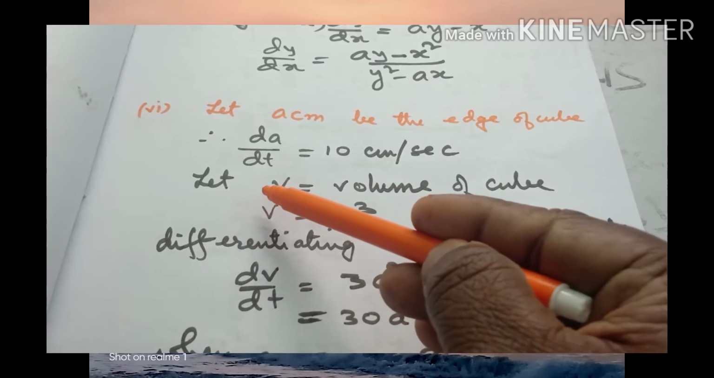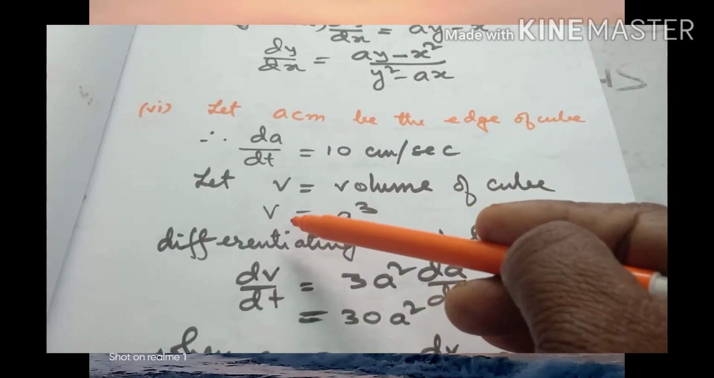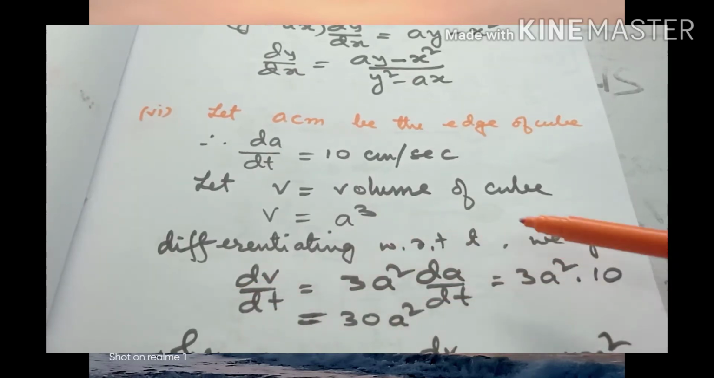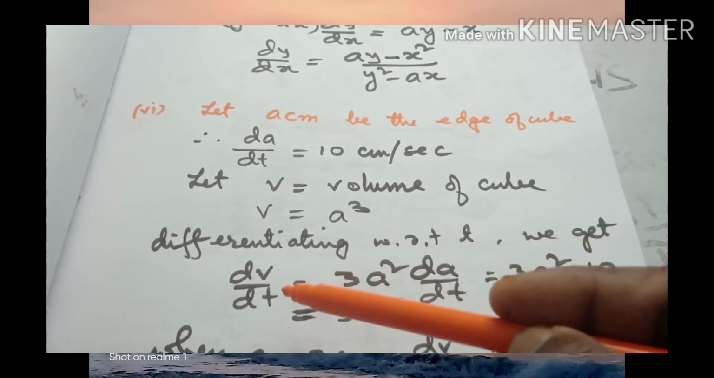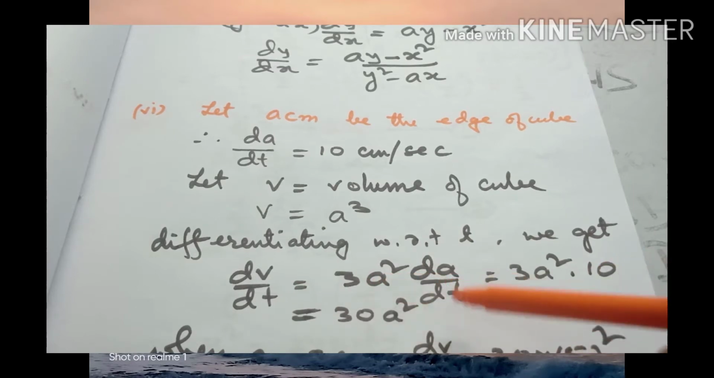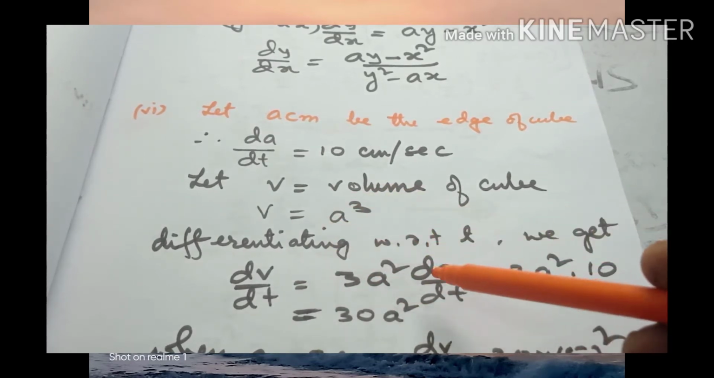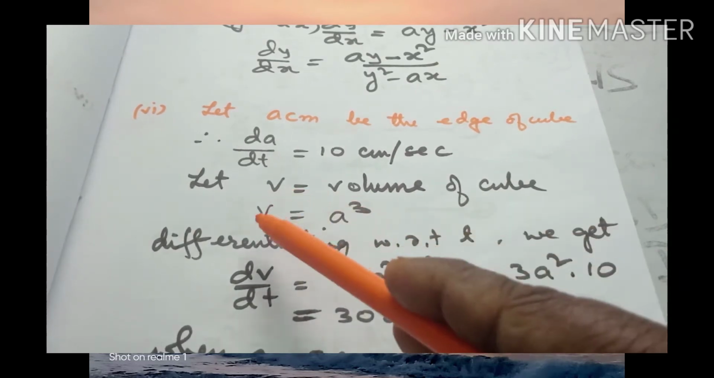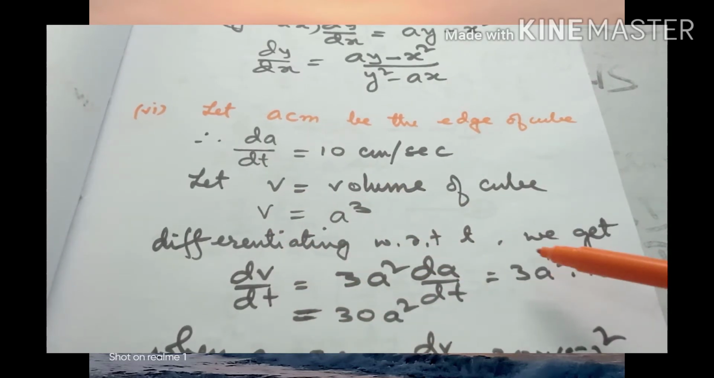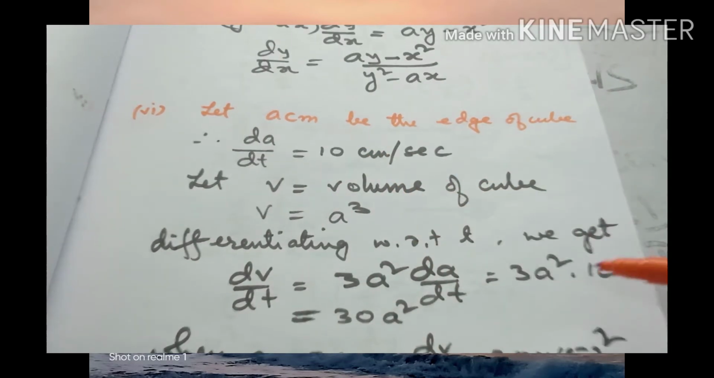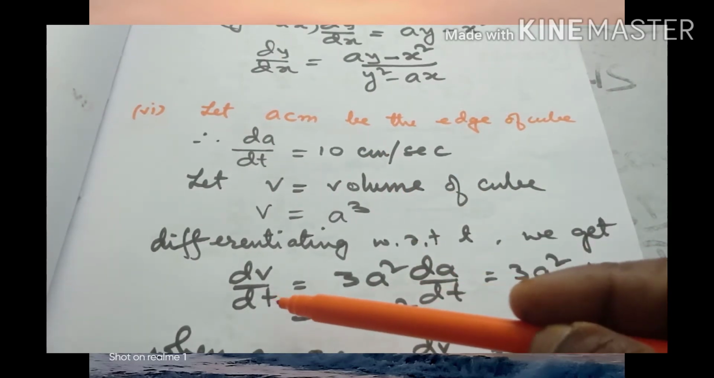So let V equal to volume of the cube. Then volume of the cube, we know the formula, V equals A cube. On differentiating both sides, we get dV by dt is equal to 3A square dA by dt, because A cube we are differentiating with respect to t, and here V we are differentiating with respect to t. So dA by dt already we have been given in the question, that is 10. Putting here, we get dV by dt is equal to